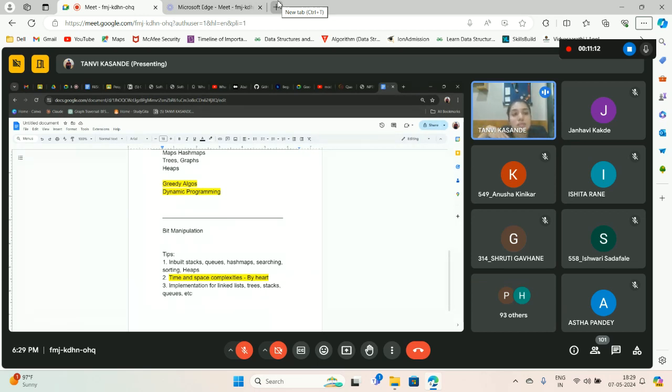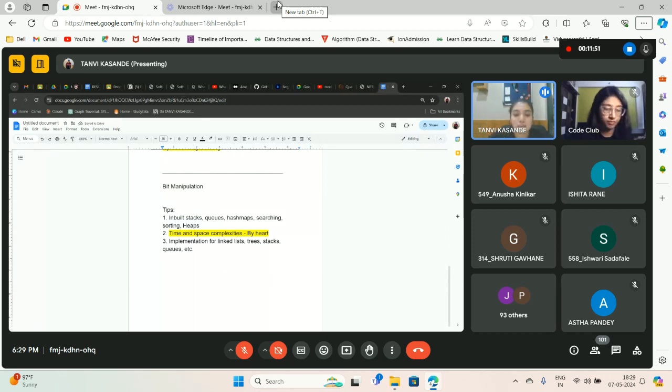In this case, if you have to build the logic for traversing the linked list from scratch during your test, it is going to be very, very time consuming. Which is why if you already know how to traverse a linked list, or in case of graphs, you know the BFS, DFS implementation in your mind already, then it is going to save a lot of time, because trust me, solving all questions in a DSA test is tough. It is not very easy. So this is something that I would suggest you guys to do over time. Once you start solving questions, you will get to know it is not that hard.